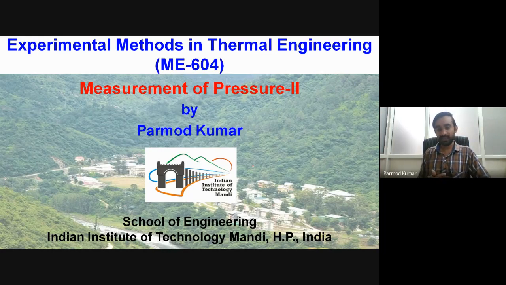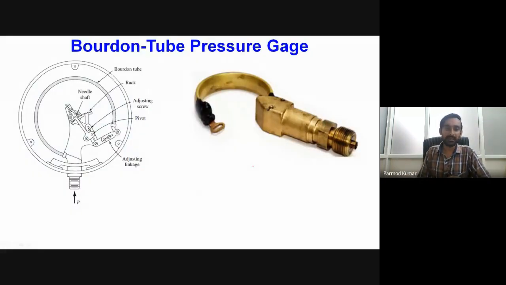Okay. And we also tried to see the response of the pressure measurement device, particularly from the fluidic point of view. And we have also seen that if we are having the dynamic response, then we have to consider rise time and phase lag as the two important parameters while selecting a measurement device or transducer for measurement of pressure in a physical phenomenon. Okay. Now we will continue our discussion on other different devices which are used for measurement of pressure.